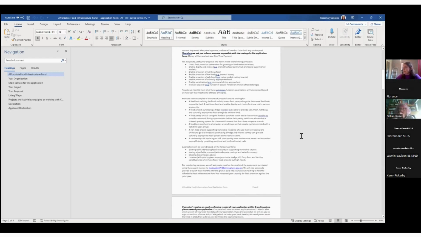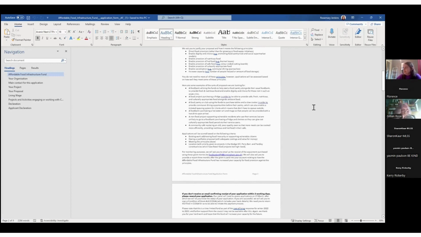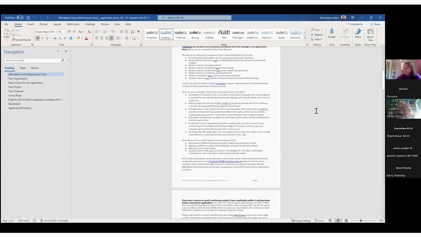And then the money for this grant is a one-time payment. So it's not like the Emergency Food Aid Fund where you get instalments. For this one, we've said, right, £3,000 for a fridge and a freezer. Here you go and spend it. So slightly different. So for this application for the Affordable Food Infrastructure Fund, we have got some principles for you